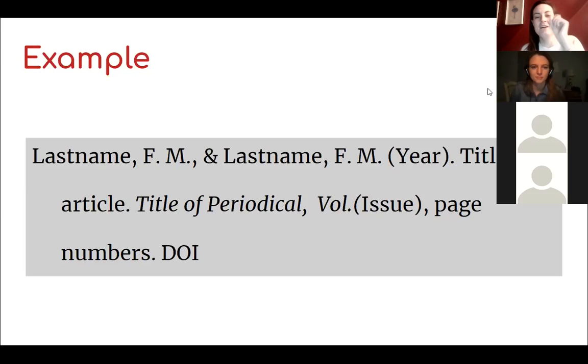Last name, comma, first name, period, middle name, period, year in parentheses, period, title of the article, period, title of the periodical, but you can't do this in Pear Deck, I don't think. That's the title of the journal, comma, volume, period, issue number, page numbers, period, DOI.